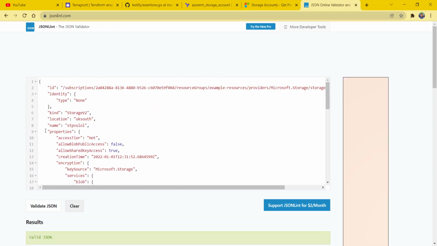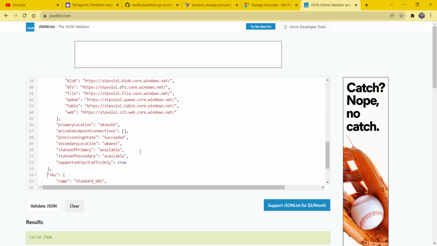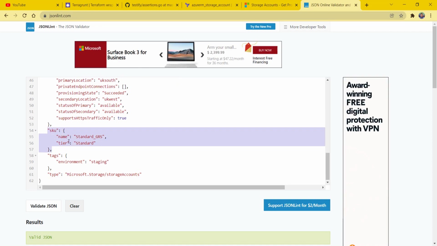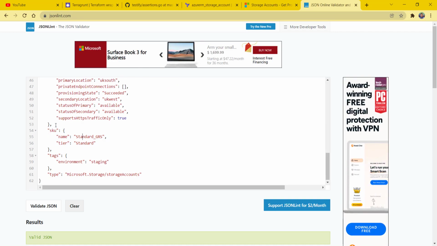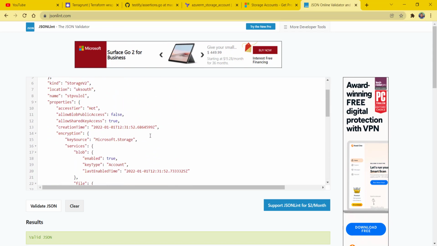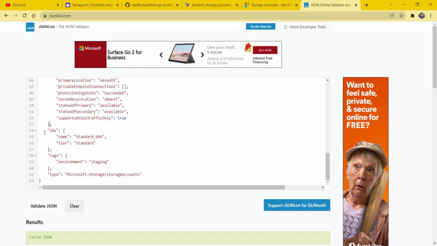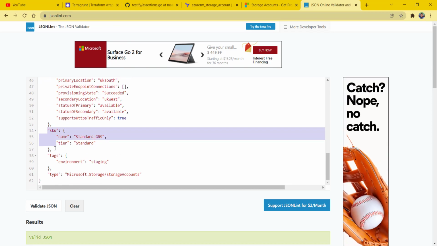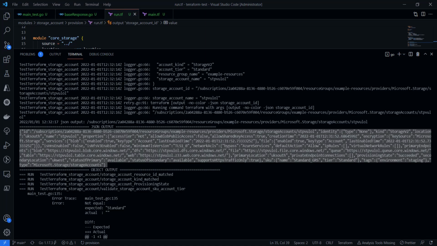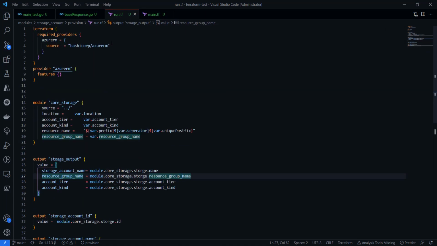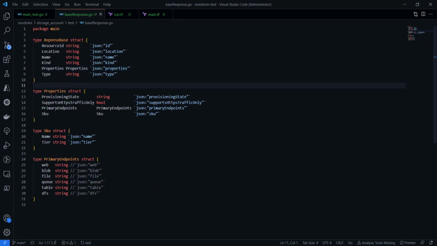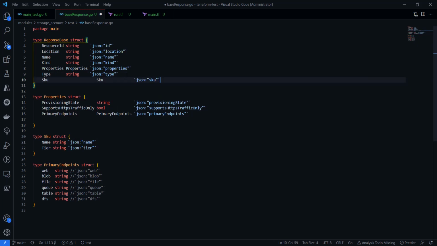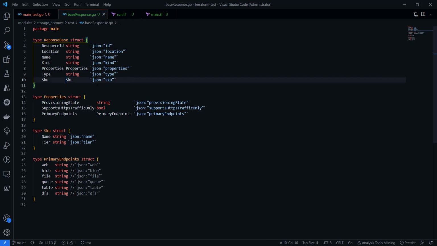And here in the property, we have SKU, and SKU is of type name and standard. So if we go up, the SKU is not part of the property. SKU is outside of the property. It's part of the main response type. Whereas here on our base response, we have added the SKU as part of the property. That could be the problem. So if I add it here, that should resolve the issue,